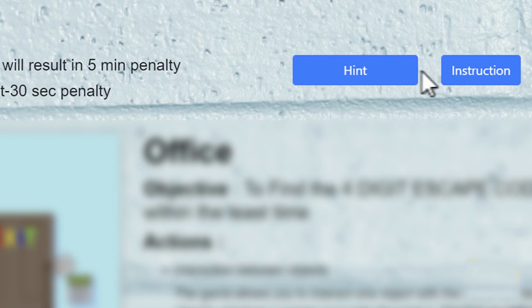Remember, time is crucial here. Every negative answer you put in will add 30 seconds to your score. In case you are stuck on a clue and can't go ahead, you can tap on the hint tab on the right side of the screen. This will help you to find a solution to your clue. Remember, every hint you take adds a huge 5 minutes to your timer. So choose wisely.